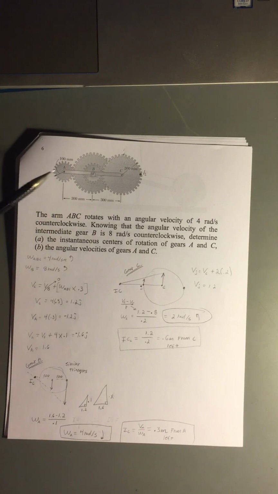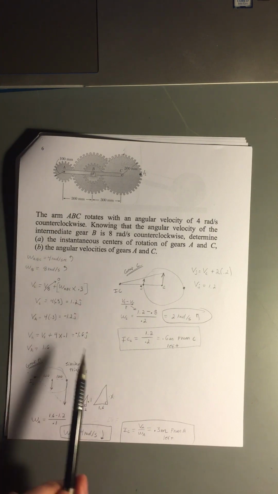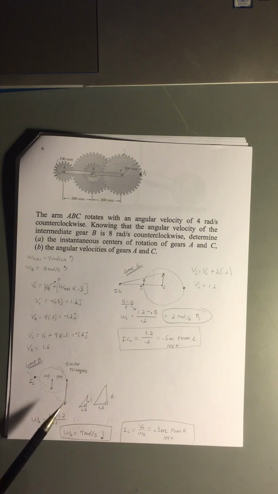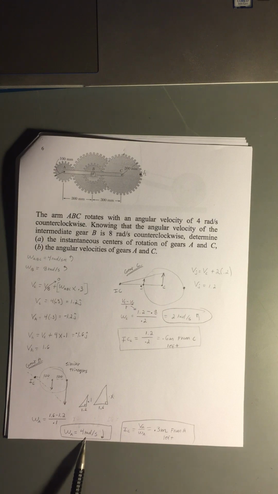And so after that, I also found the point where gears A and B touch each other, and I called that point H, and calculating that we can find the velocity there is 1.6. And so then I just drew this triangle here to help give me an idea of what the triangle was, and drew the triangles to kind of think it through. And so we can find omega by taking the difference between those velocities that we calculated and dividing by the radius of the circle, which gives us a value for omega A of 4 radians per second,